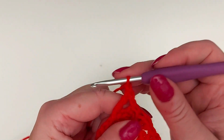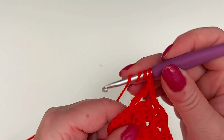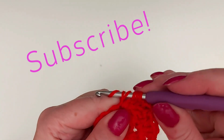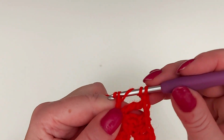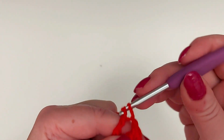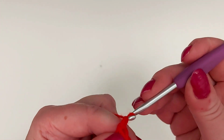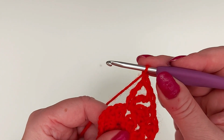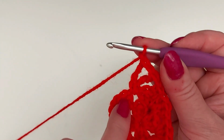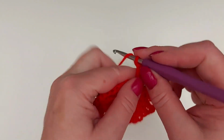Chain 1 and make another double treble with 3 yarn overs. So just the same, and in that same space. All of them go in that same space. Now we got 2. Then chain 1 and make 5 more, so that you'll end up having 7 double trebles in this here space. Here I have 7. And after those 7, chain 1